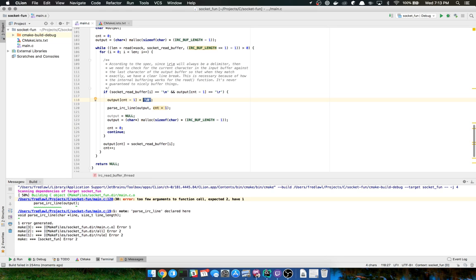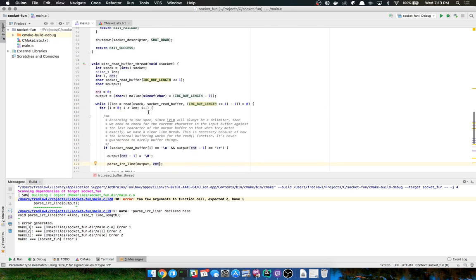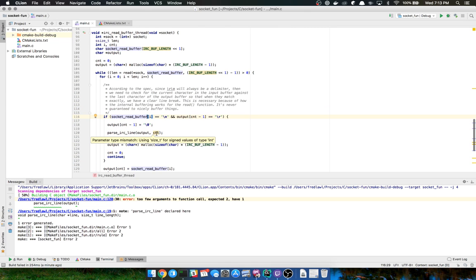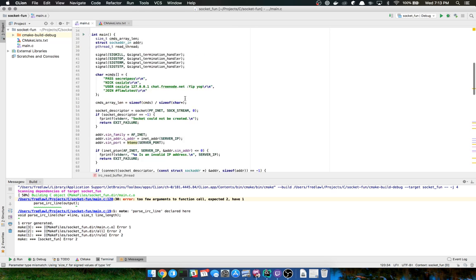Well, no, yeah, minus one. I think that's the right size. Whatever. If not, I can always do strlen, but I don't want to do that here because that would slow this function down further, which isn't necessary. Instead of type int, we'll refactor this function here in a little bit.